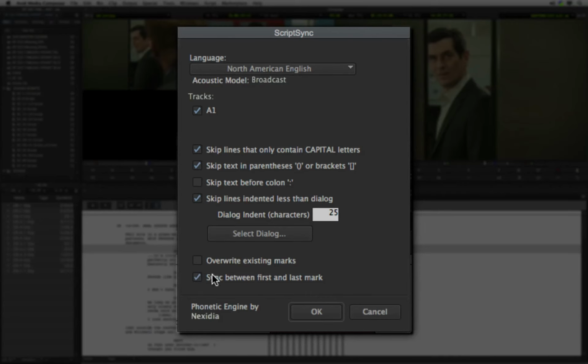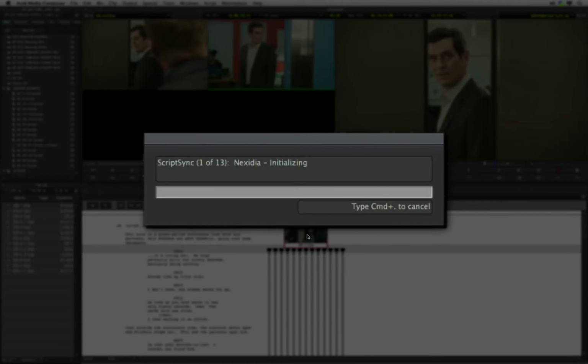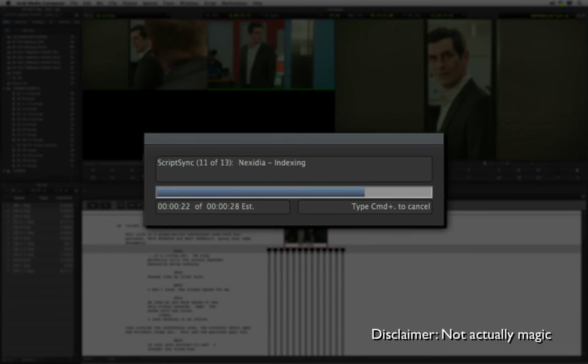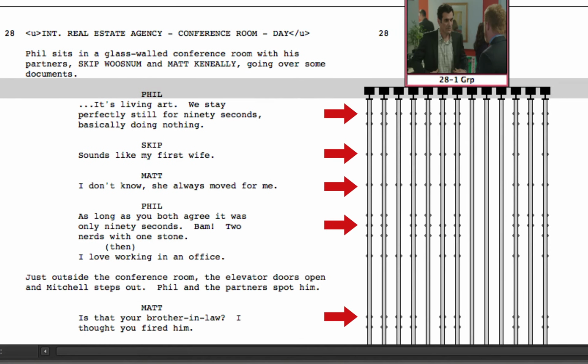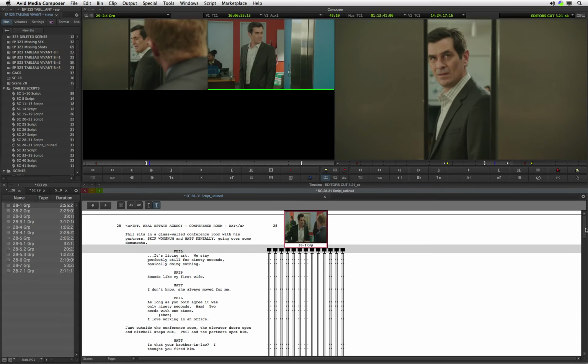You can manually add a first and last script mark and check sync between first and last mark to target a specific range of a clip, which is very useful for takes with multiple resets. The phonetic indexing technology licensed from Nexidia is so fast and so accurate that it borders on magic. Once the script sync is complete, every line in the script is synced to a script mark in the line beneath each take. So if the editor wants to review the take where Phil tells Mitchell he's fired, all she